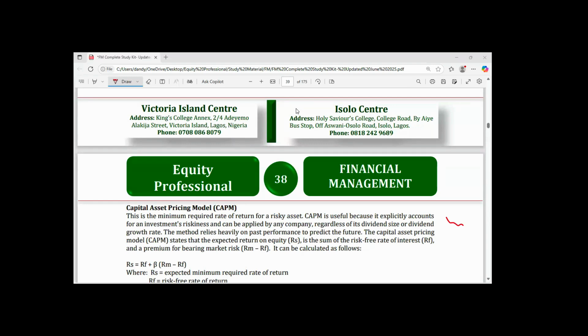You can't just say, because you have identified one investment opportunity, you want to put your money on it. No, it is essential that you evaluate and determine the financial viability of the project before you commit your funds to executing it. So, without cost of capital, you will not be able to evaluate the project. That's one of the significances of cost of capital. When you want to evaluate a project, you are going to need cost of capital.